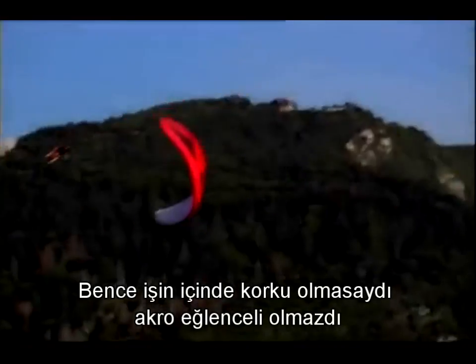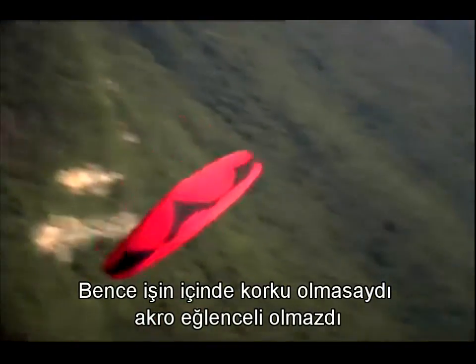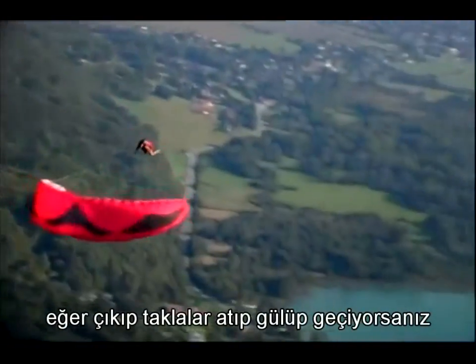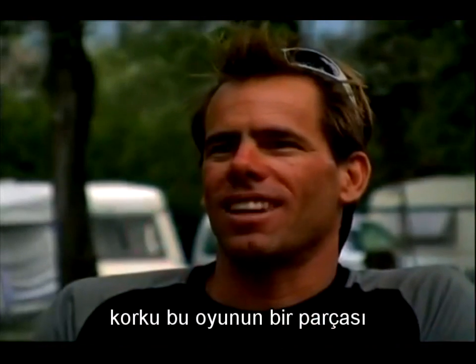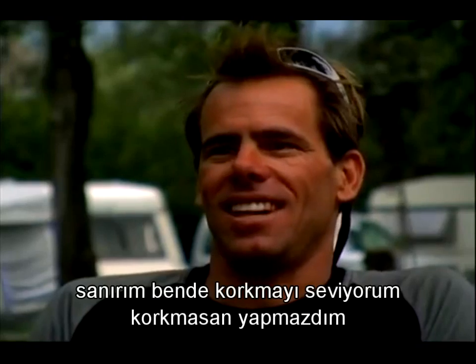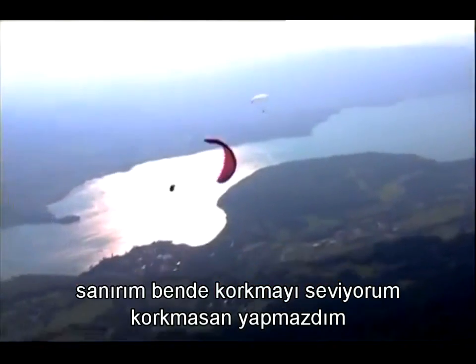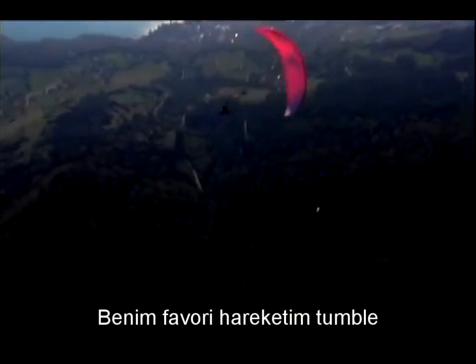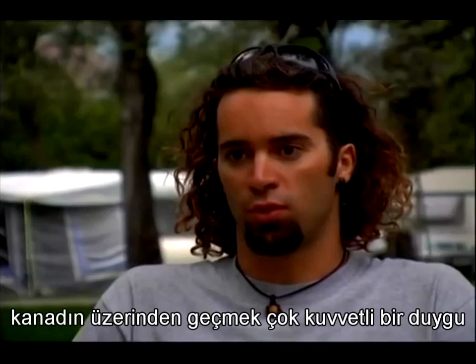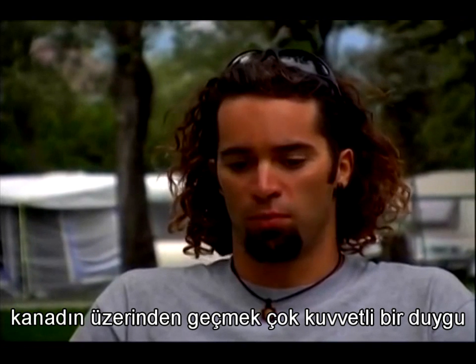To me, acro would not be fun if there was no fear. If it didn't give you a rush to do it, if you could go up there and flip over your glider and just ho-hum. Fear is just part of the game. You deal with it, and some of us like it. I kind of like scaring myself, I guess, or I wouldn't do it. My favorite maneuver is the tumbling. It's the strongest feeling. Just go above the glider and